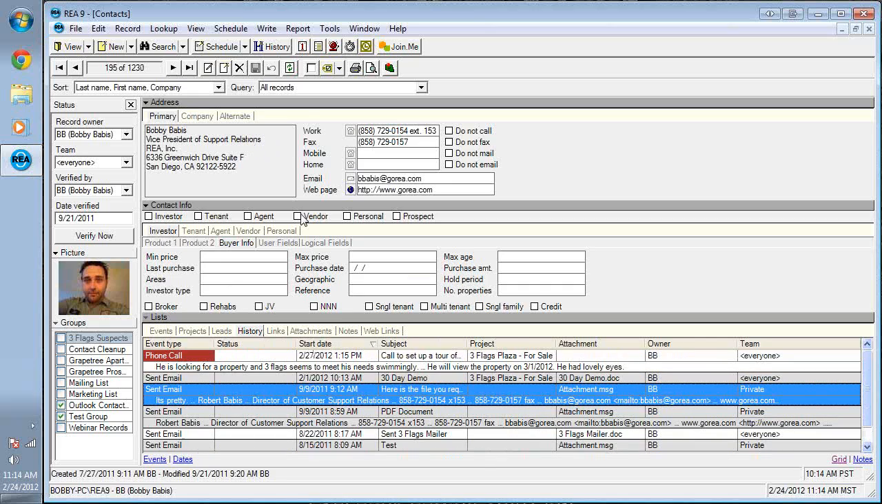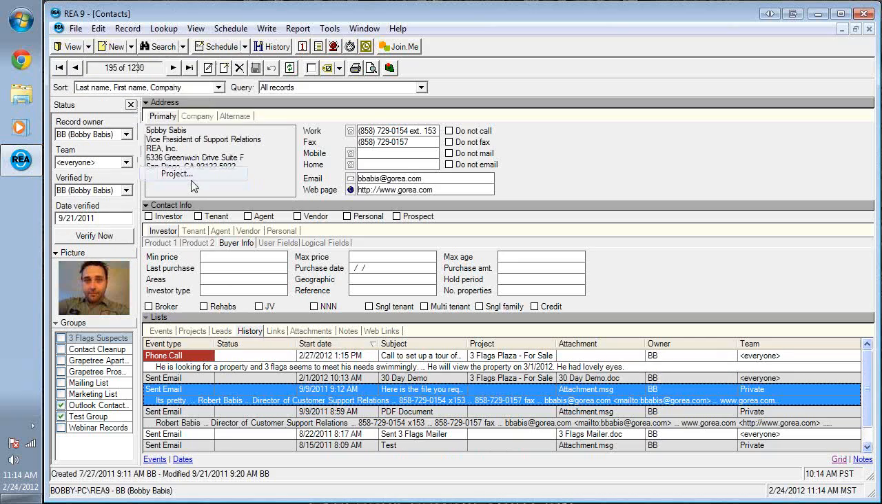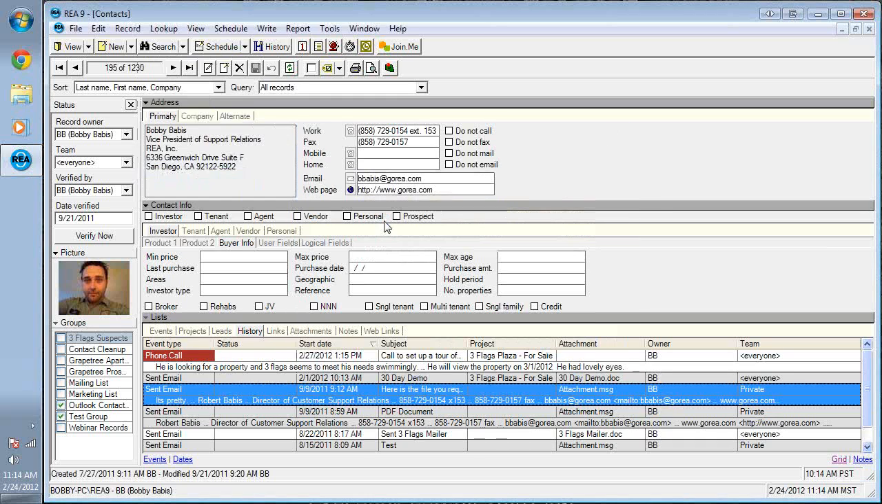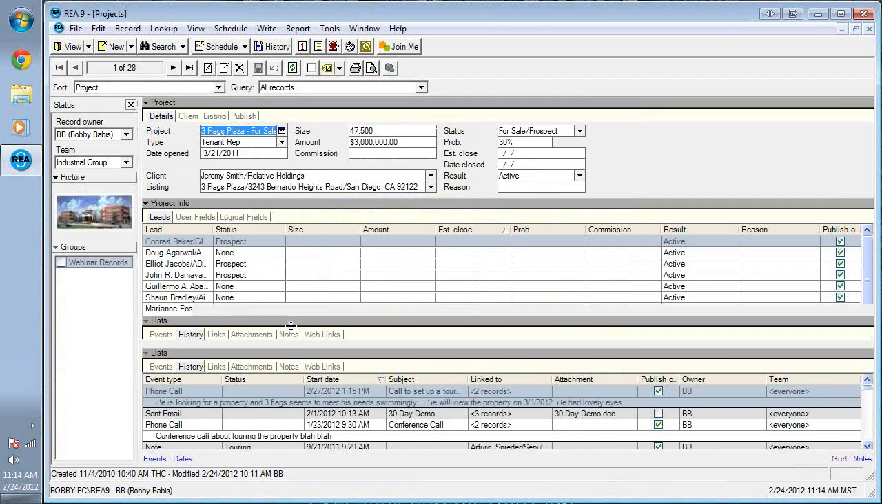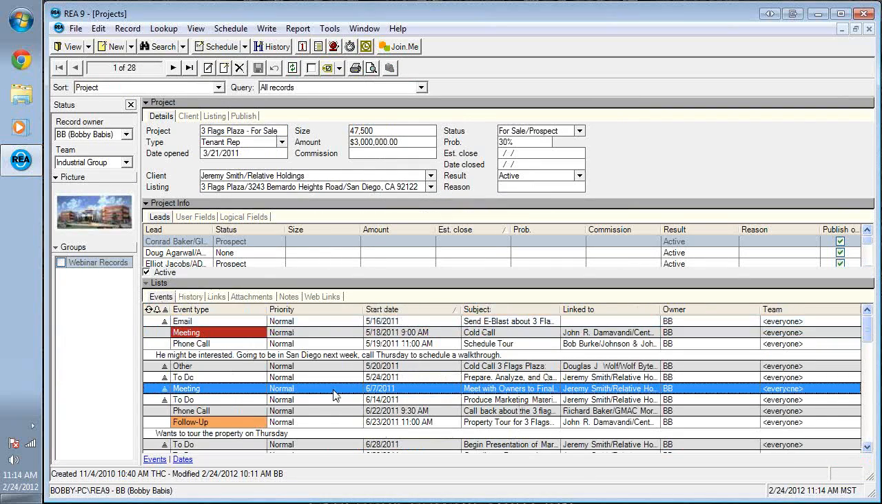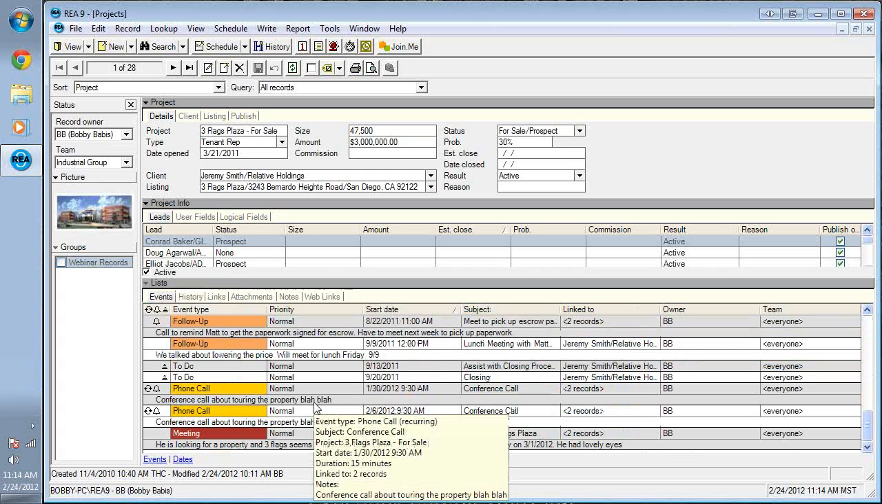If I go to the projects, however, it'll show him for all contacts. So if I go to View Projects, actually I'm going to do Search Projects to bring up a specific one, Three Flags for Sale. And all of those history items and events that I have coming will show up on the project record as well. So it kind of saves you a lot of work not having to go to the property saying,